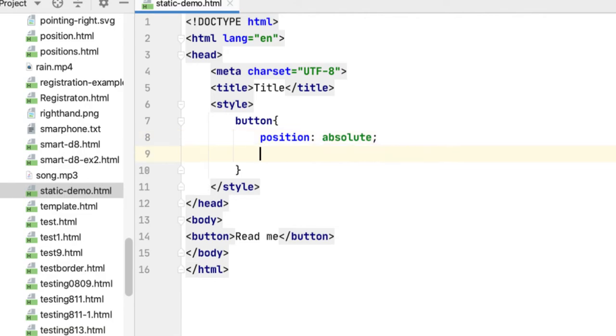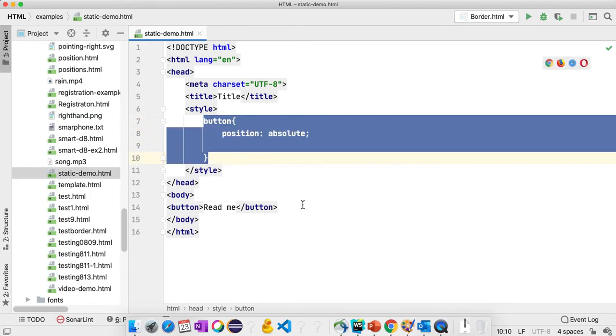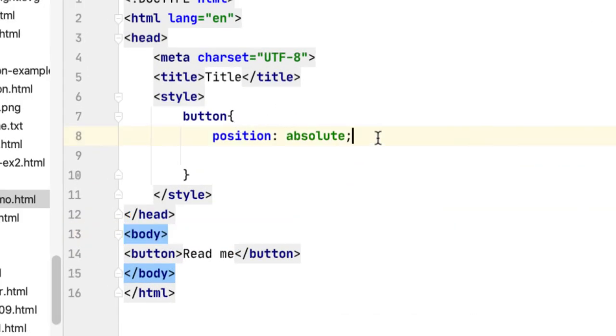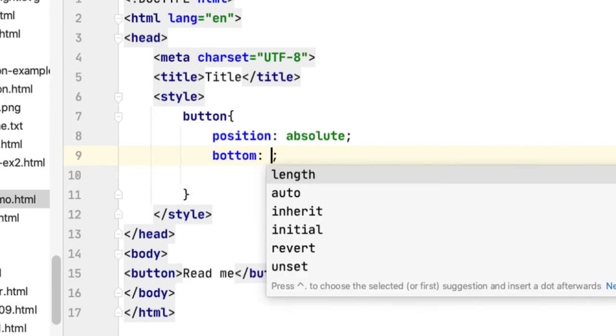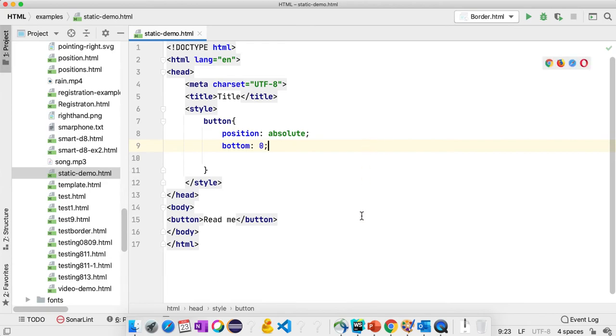So this absolute, what it does, it finds the nearest parent. So the nearest ancestor for this button is body, because the button is placed inside the body. So if you are applying some positions, like let's say bottom 0, and then save this and go to the page, you can see that the button is placed at the bottom.